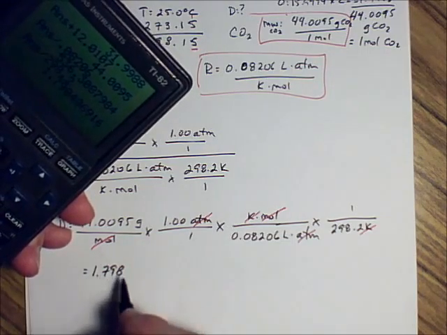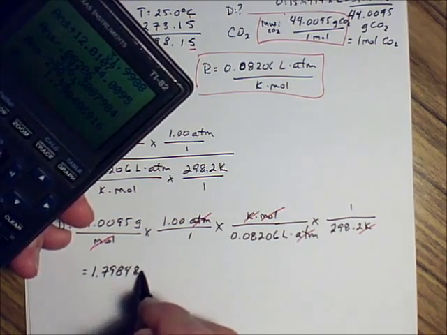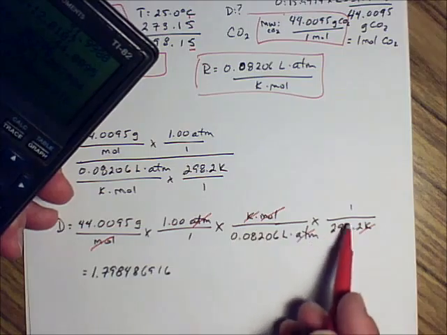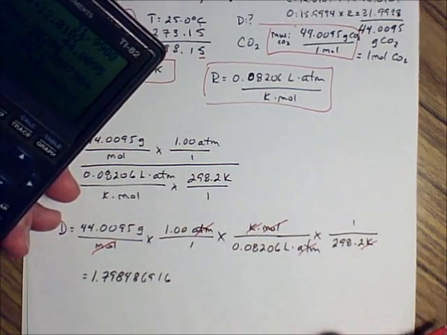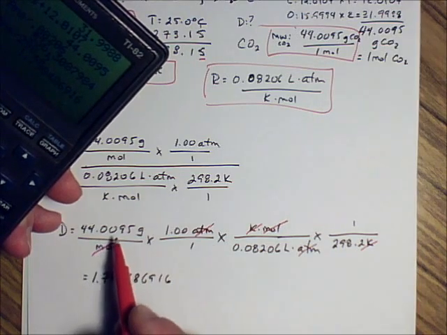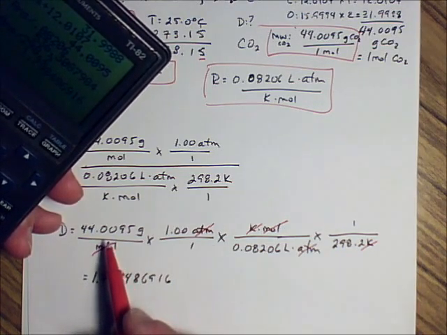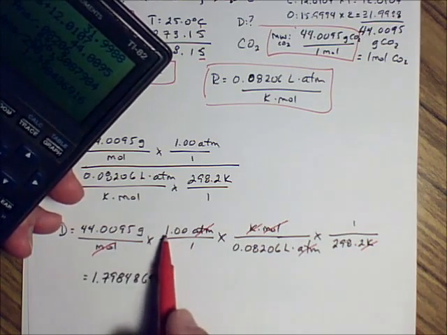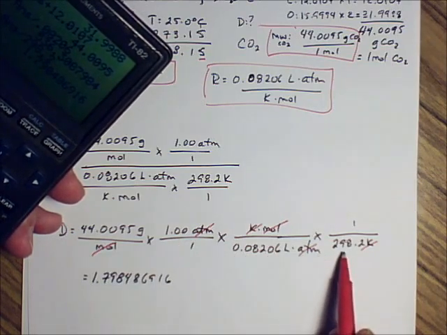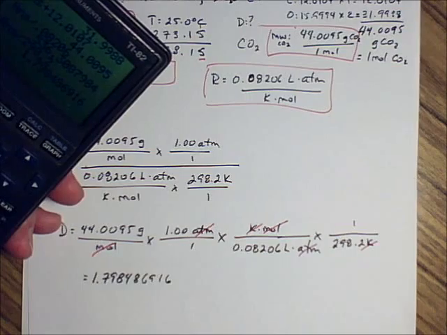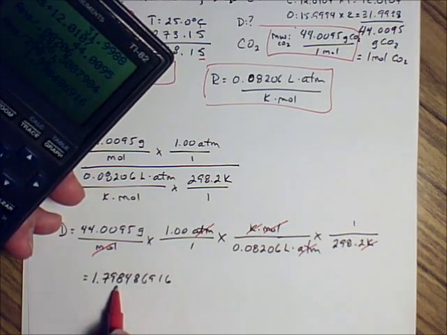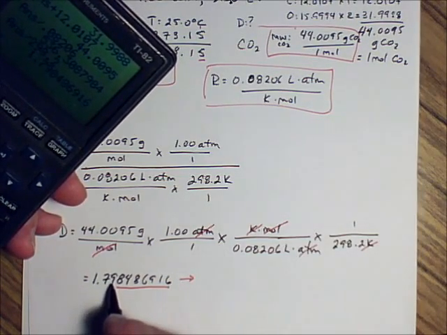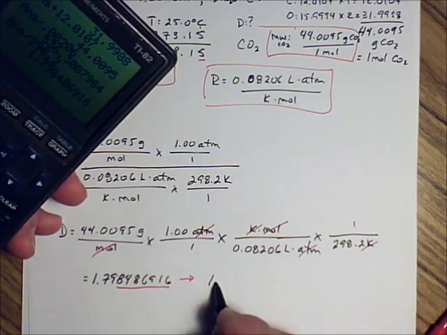All right. 8486916. And I get to look through this whole multiplication division problem and see how many significant digits I need in my final answer. I need to match the significant digits in the measured or calculated number with the least digits. And so this is measured or calculated? This is measured. This is a calculated number. That's a measured number. So this is the one with the least digits, 4 digits. 1, 2, 3 significant digits. Underline everything that follows that. And I get, let's see, that's going to make that a 10, which makes this an 8. So that's 1.80